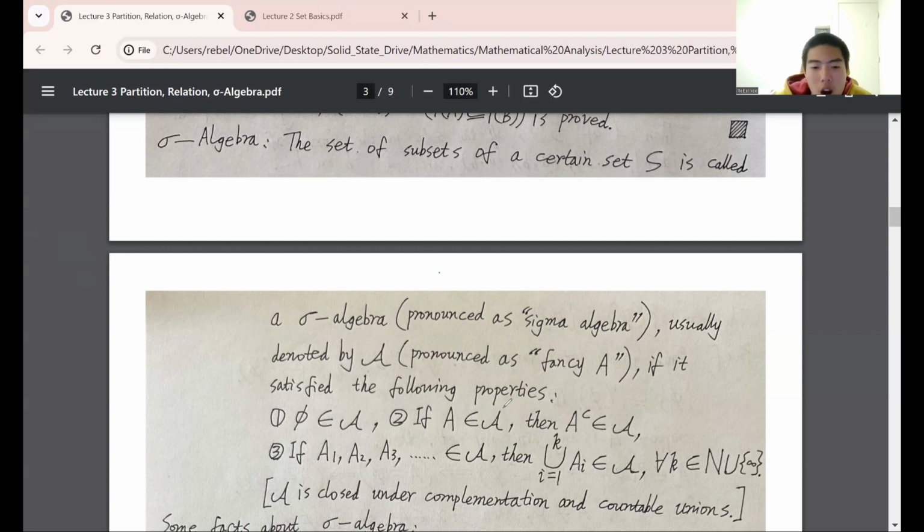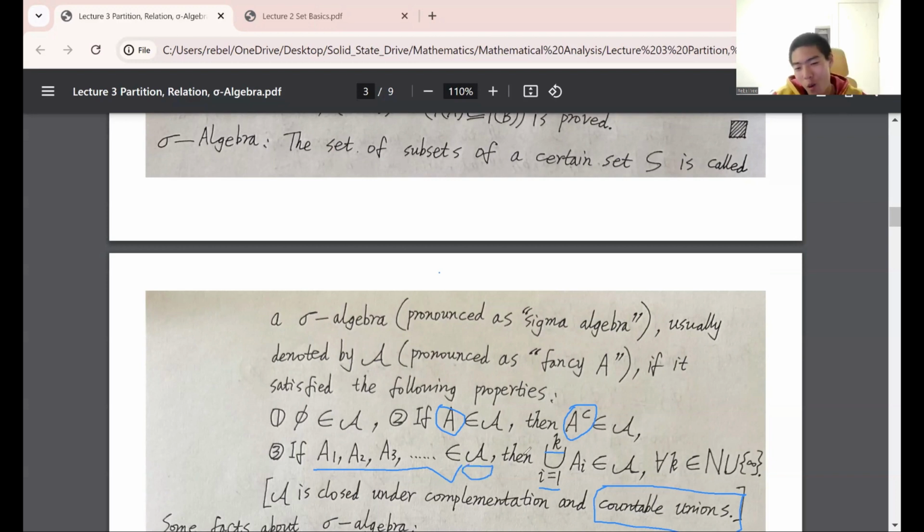And second is called closed under complementation. So if A is in it, then the complement of A is also in it. And the third one is a little bit hard to understand. It's called closed under countable unions. You may not know what countable unions are, but it's just like using an index set to denote the union from i equals 1 to K. So if there's a very long list of sets, like A1, A2, A3 to A100, 1000,